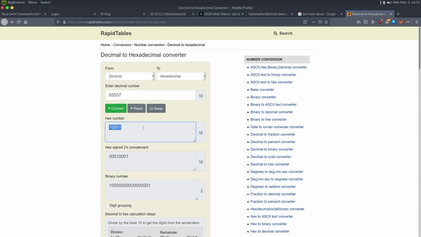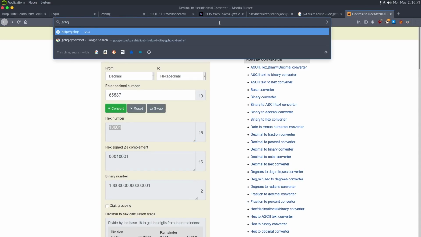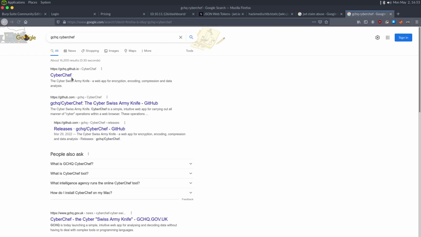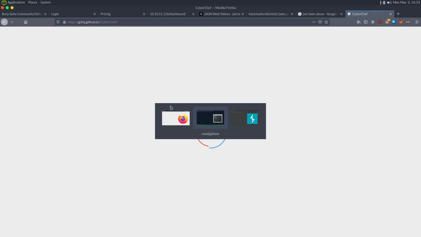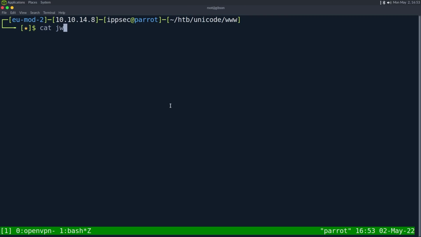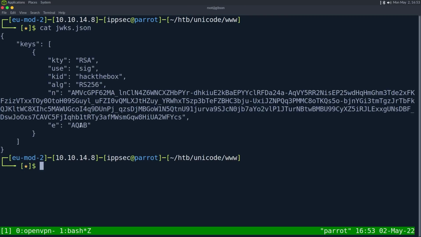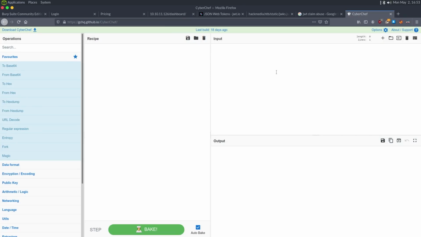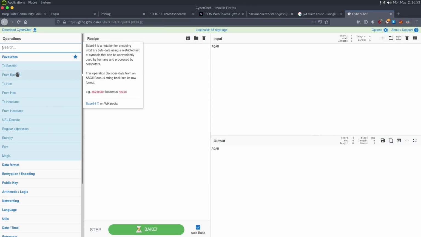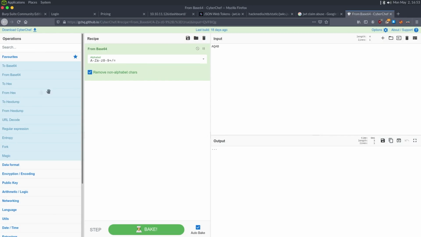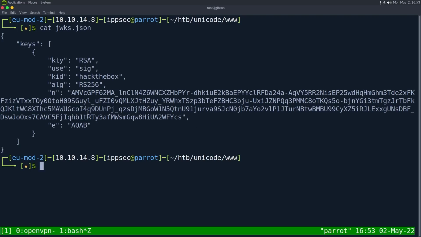I don't know how to get that exponent. Let's see. Just going to GCHQ CyberChef. Cat jwks.json, AQAB from base64 to hex, and we get this. So that is hex encoded. I'm just having trouble converting from hex, whatever, but